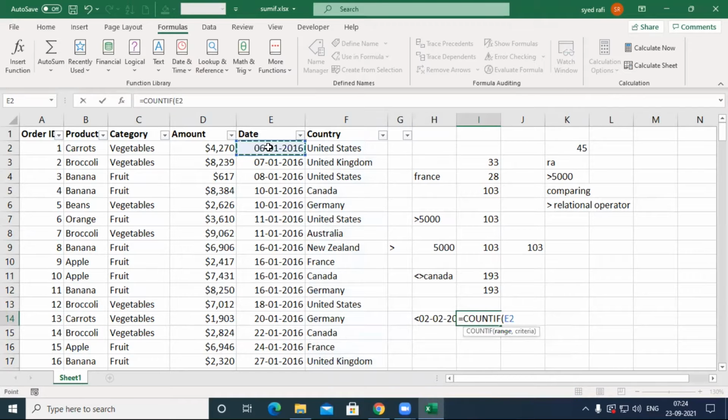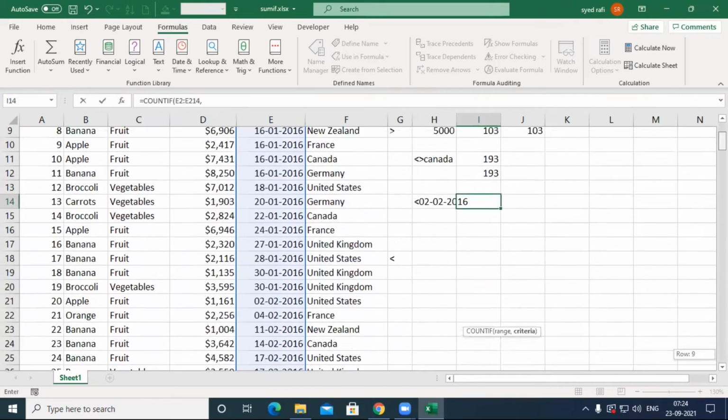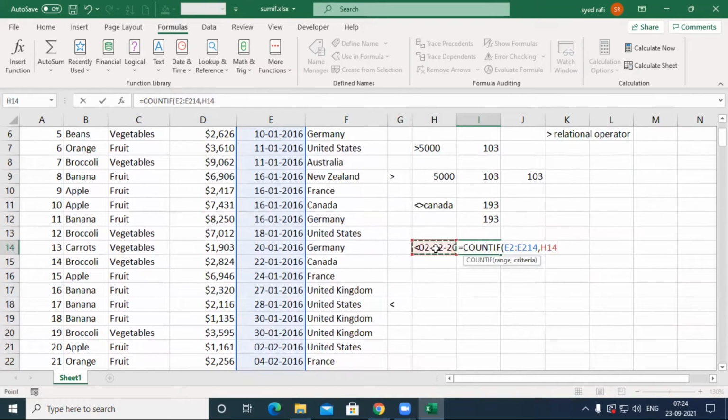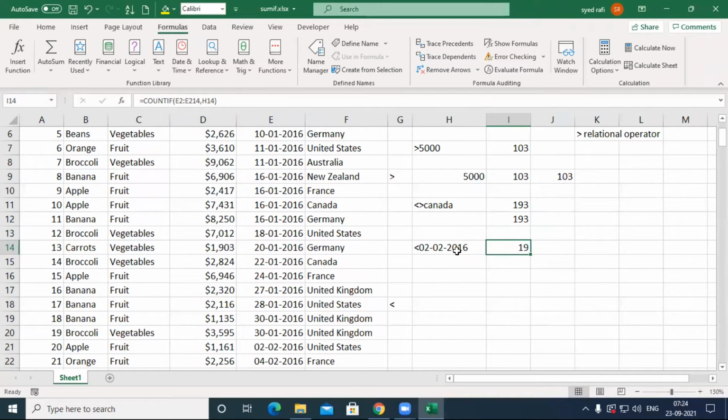You must select the range, comma, and select the criteria and press enter. 19, the same value. It counts the dates available below 2 to 2016 and returns the value. So we apply it on text, numbers and dates.